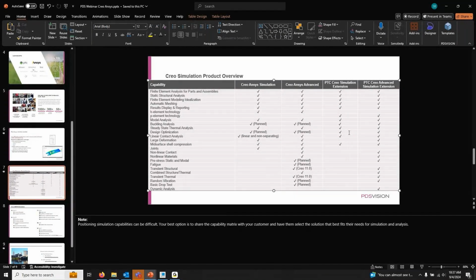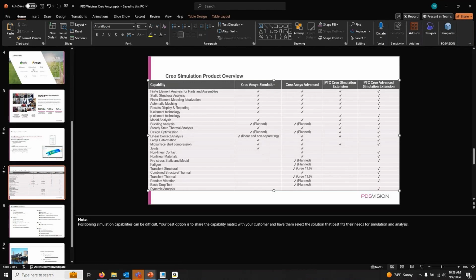So I just want to talk about the difference between these two tools because they do have, as you can see, a very similar set of features. So the question I most often get is, what's the difference? Which one's better? So to answer that question, I would say